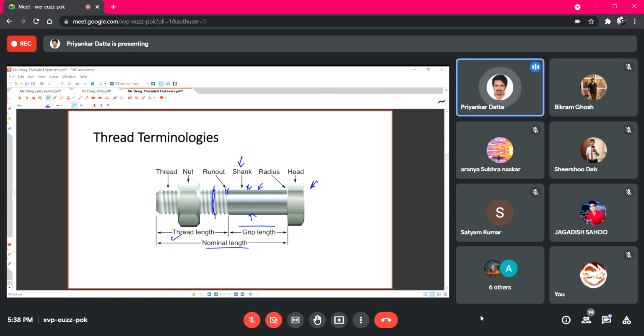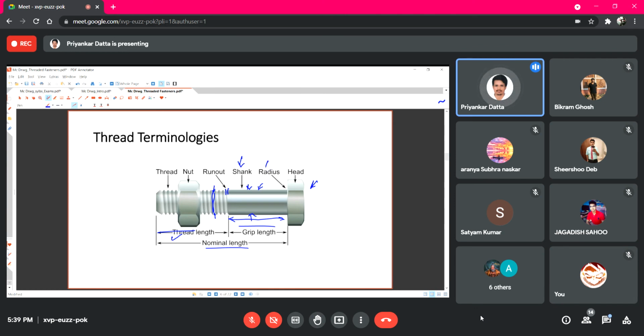To avoid that, the shank part is not given threads. Another advantage is, if we cut thread only up to this, then machining operation will be limited for this length only. If we need to perform the same machining operation over this length also, it will increase the machining cost. So these two are the main reasons why some portion of the bolts is non-threaded, and that part is termed as shank.